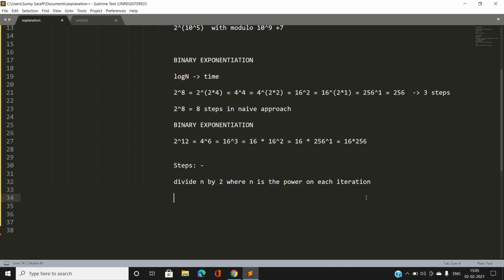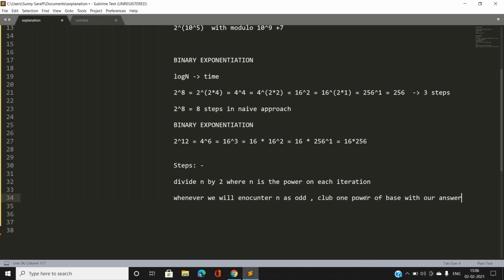Or again, whenever we encounter n, which is our power, as odd, one thing we are going to do is club one power of base with our answer.